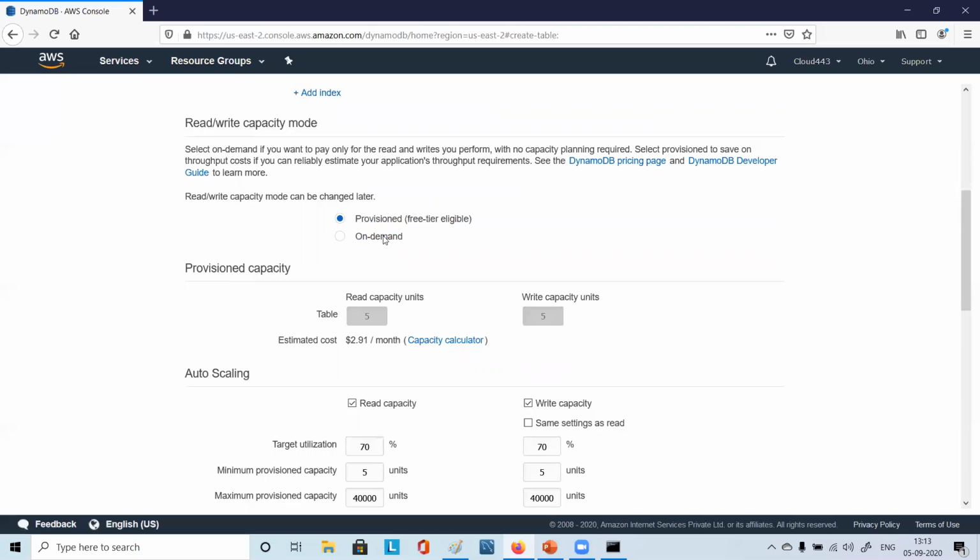Here you can see 5 read capacity units and 5 write capacity units are selected for the free tier eligible provisioned one. If you choose this, actually we are eligible up to 25 RCUs and 25 WCUs. So what is that RCU, WCU?